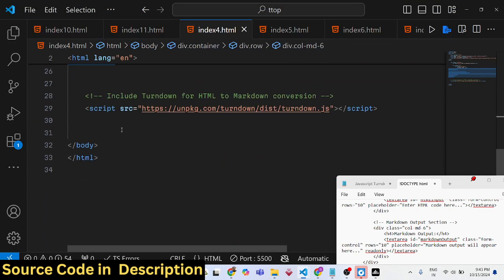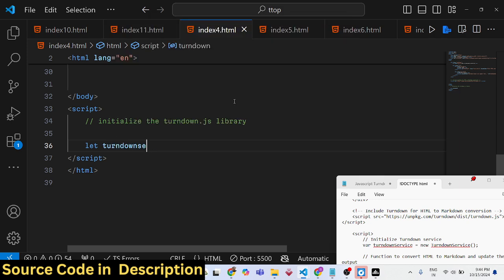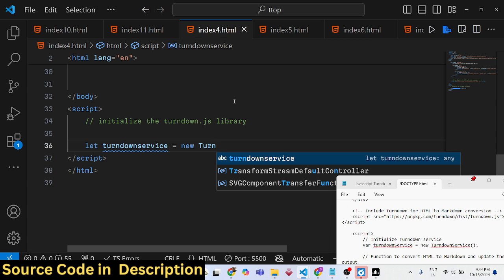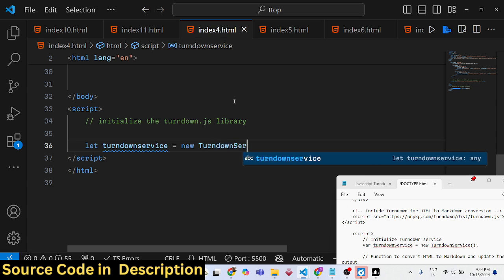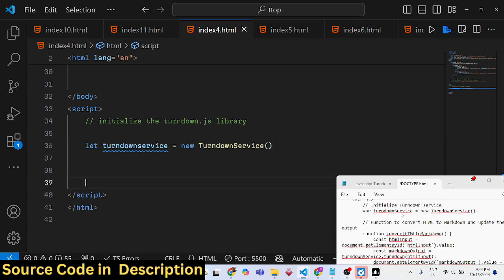So now we need to write the JavaScript code required for this application. So inside the JavaScript, we first of all need to initialize the Turndown.js library for converting the HTML to Markdown. So first of all, we make a variable turndownService. We need to initialize that. So we have this constructor of TurndownService. Initialize the constructor, and this object